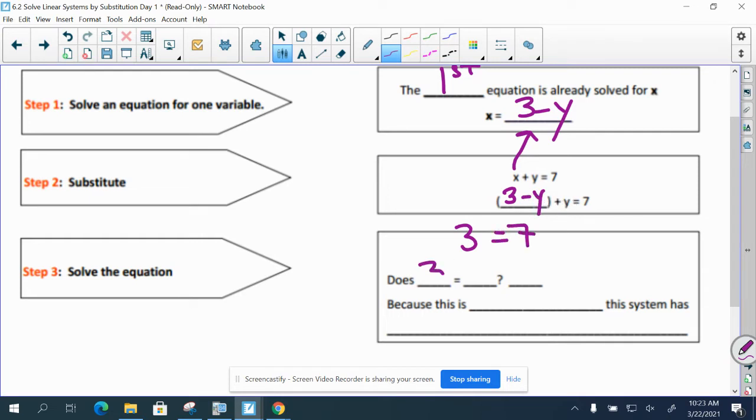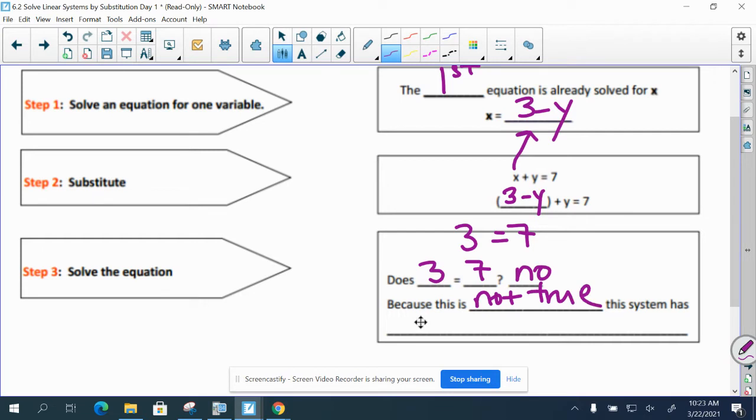Well, wait a minute. Does 3 equal 7? No, because this is not true. Oh, hold on. What do they want us to say here? Okay, yeah, because this is not true,